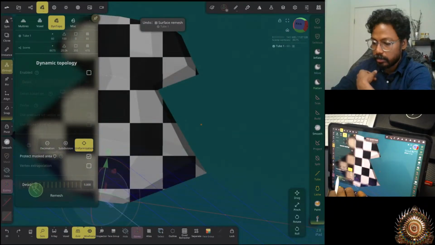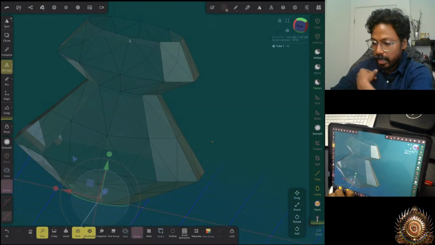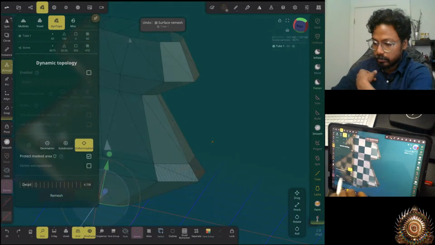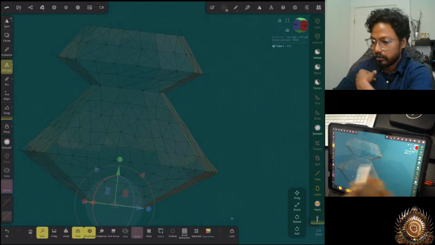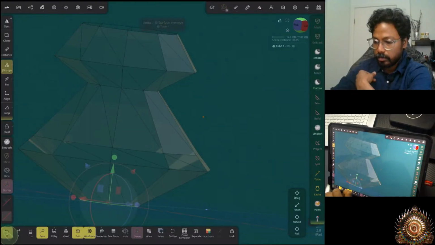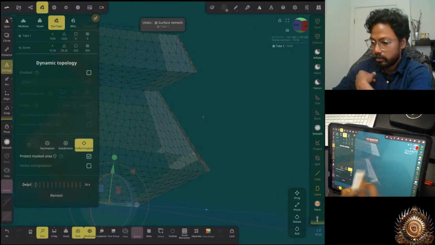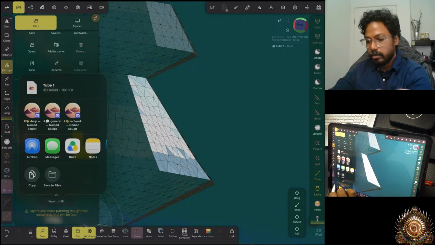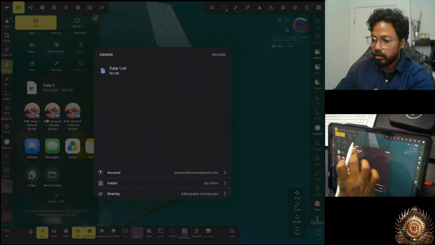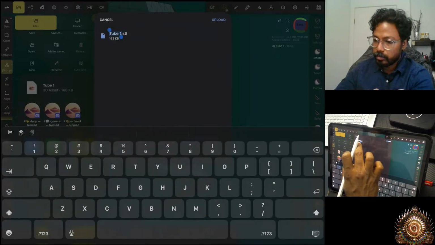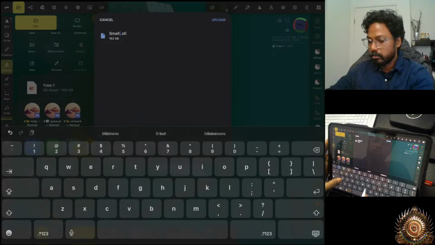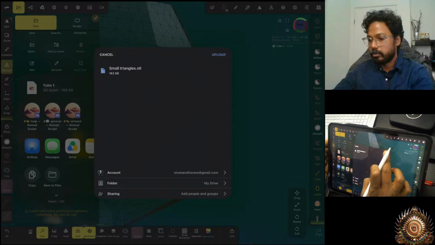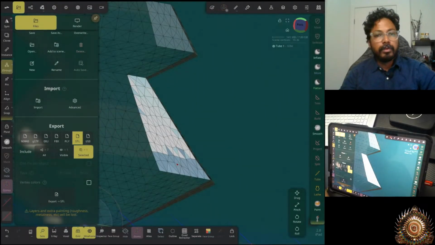Can I go even larger than that? Nah. Okay. Gonna go even finer. And I'm gonna export this again to Blender. In this case, it is let's say small triangles. Load. It's gonna be in my drive. Gonna download it